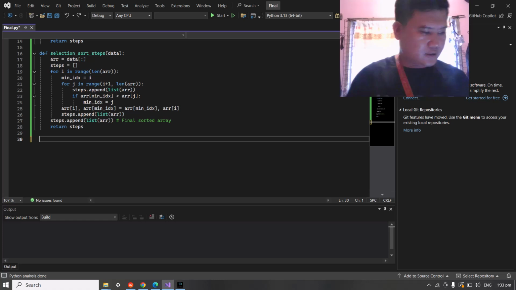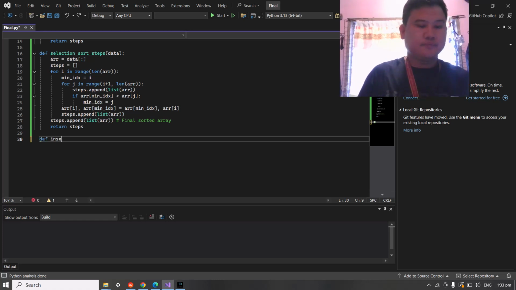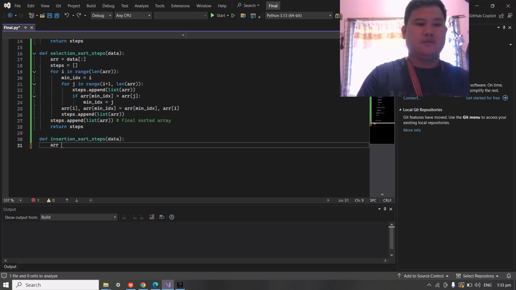So last is insertion sort. Data, array data.